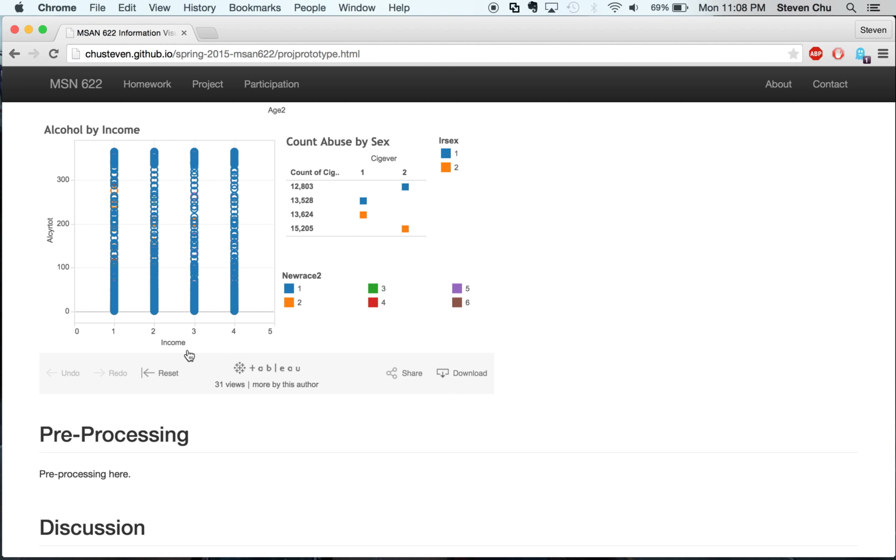This visualization doesn't work quite so well because we have all sorts of combinations of data being met. We've got poor people who are teetotal and also alcohol abusive, just like we've got the same story over here for the rich folks. Another layer is this race variable over here, which I've coded using color.